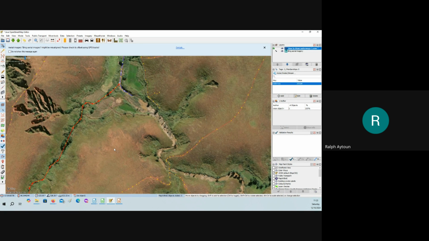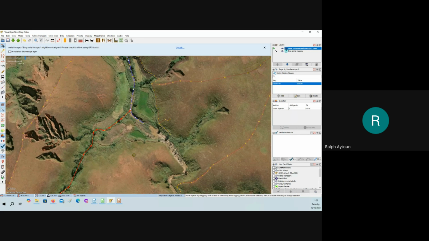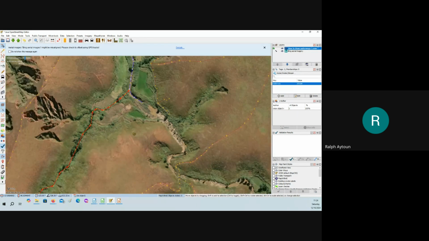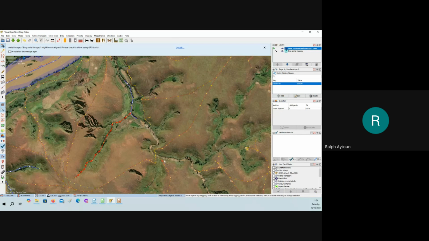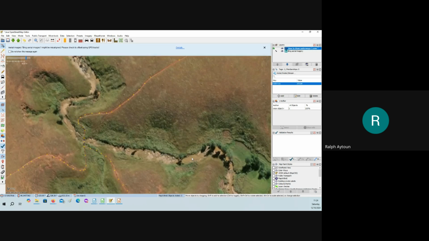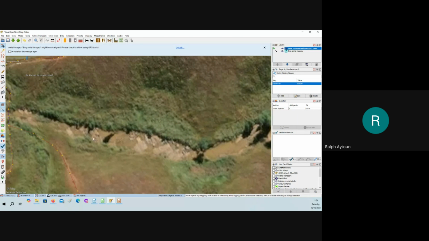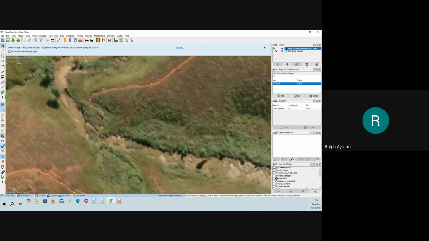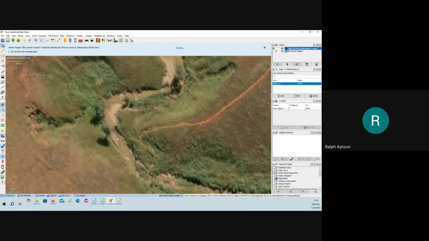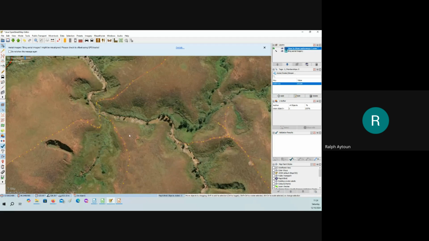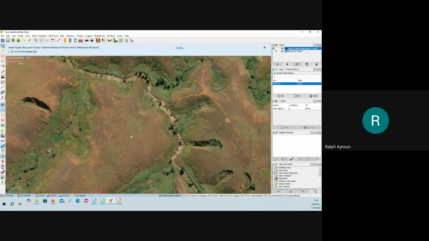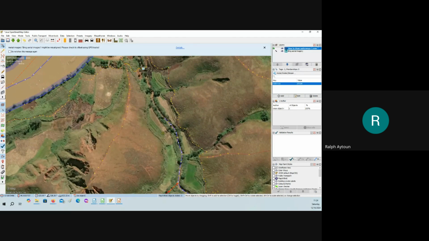In places like that, yes, intermittent rivers will exist quite commonly. But in most cases, if you zoom in, you can see that there is water in here, and then a rocky outcrop and some more water and rocky outcrop. So there is water in this stream, sorry, this river. And that is something that we need to consider, right?